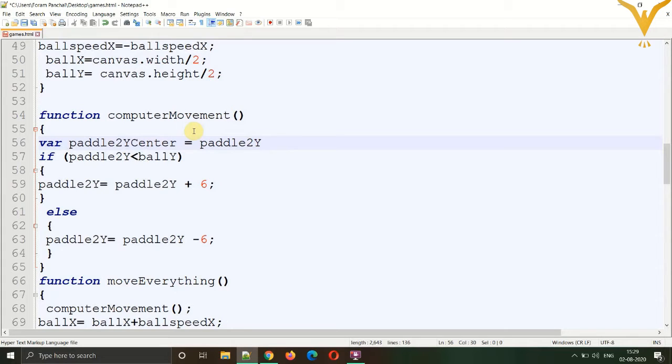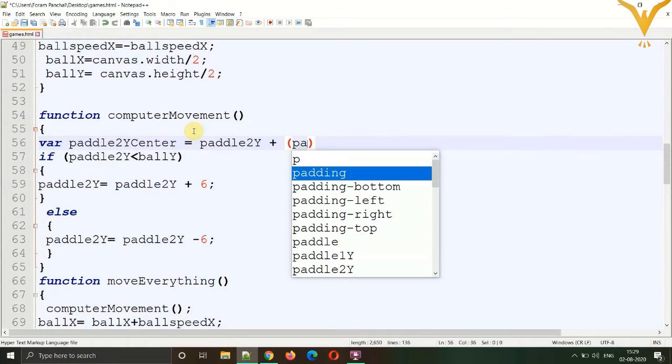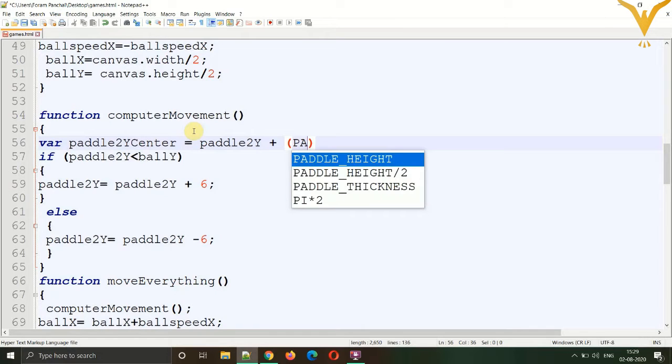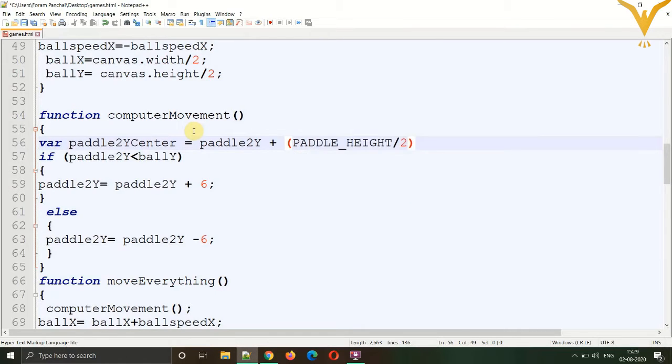So the top position plus will add half of the height of the paddle, so it will be at the center, paddle height divided by 2. And over here, instead of paddle to Y, it will be paddle to Y center.